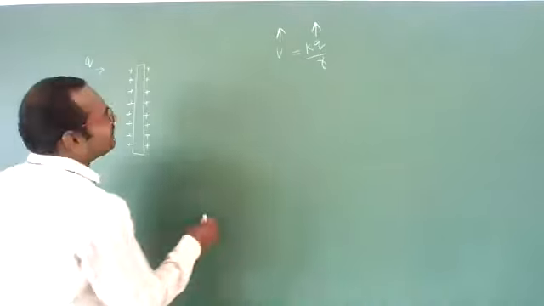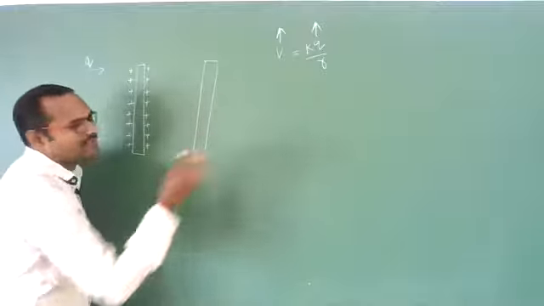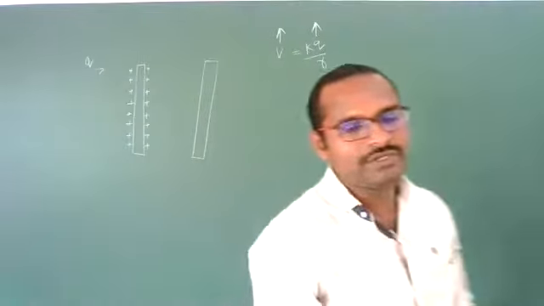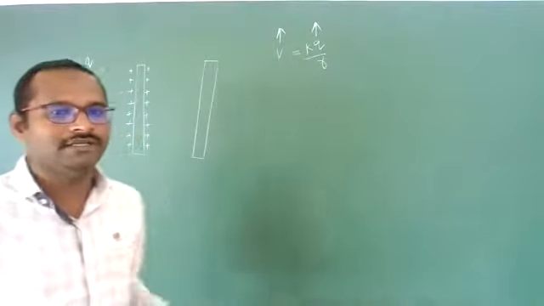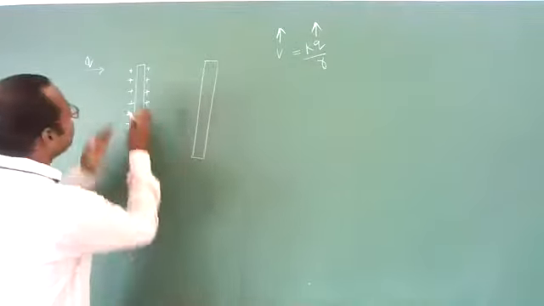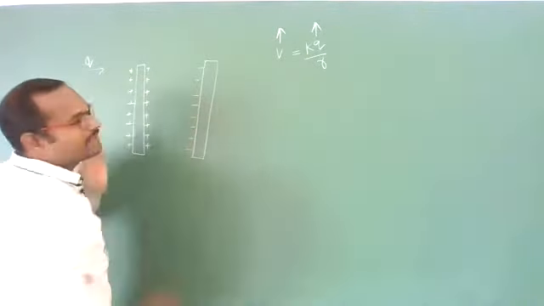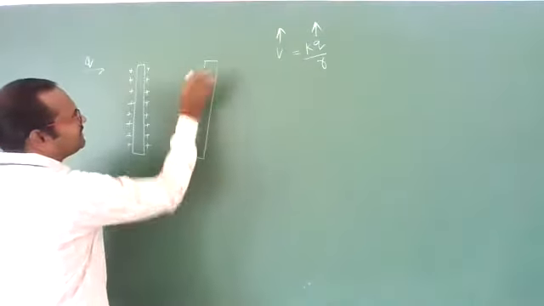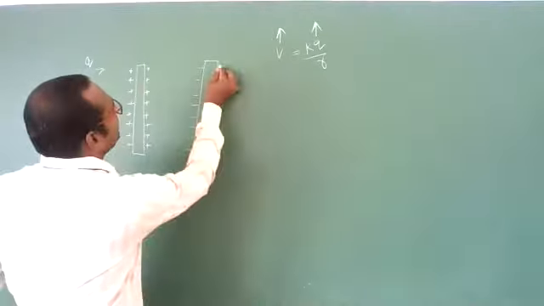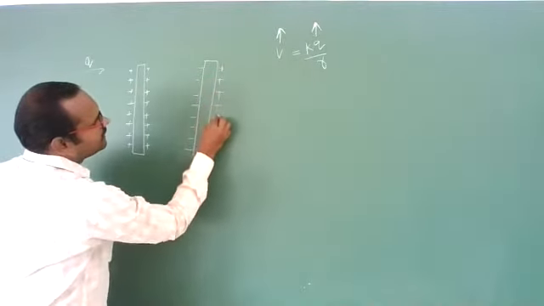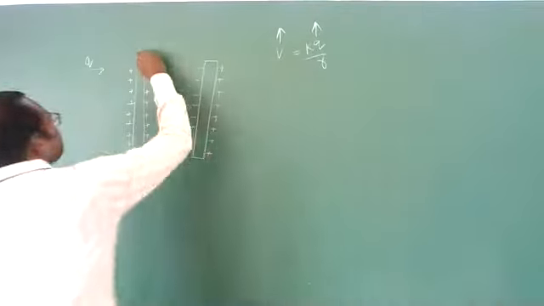So for that reason, we will bring one more neutral conducting plate near to it. When you bring a neutral conducting plate near to it, what happens? Due to the induction property, because of these positive charges, some negative charges will be induced on this neutral surface. Since it is neutral, it has equal numbers of positive and negative charges, so where negative charges come here, positive charges will appear on the other side. Clear, students?